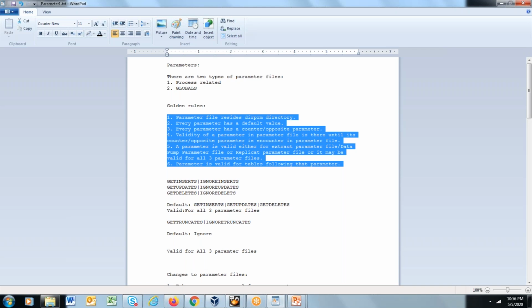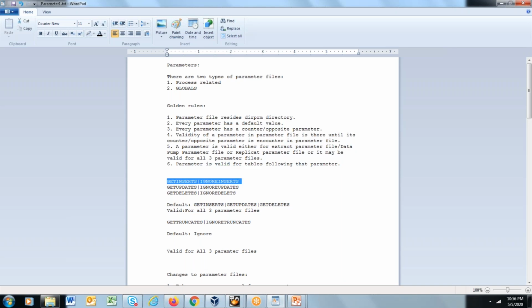Okay, so each parameter is gold. One question which I see is, do we have any important, very frequently used parameters? Each parameter in GoldenGate is important. There are no special important parameters, I would say. Important parameters are related to your DML and DDL transactions.